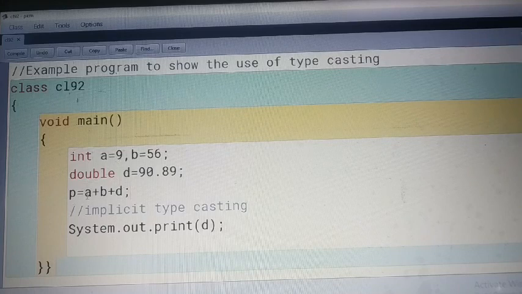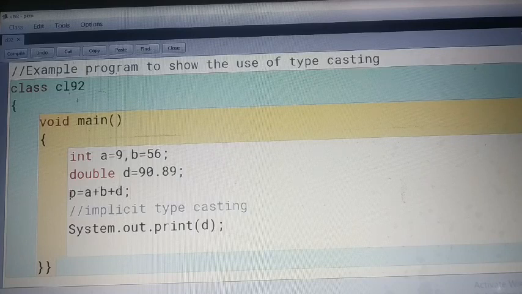One integer A, second integer B, third value is double type. Because it is a mix of integer and double, the returning result will be double type. So we have to take a double variable here.